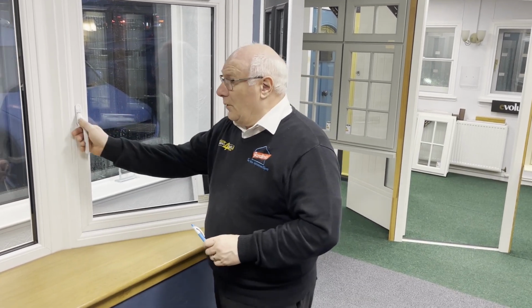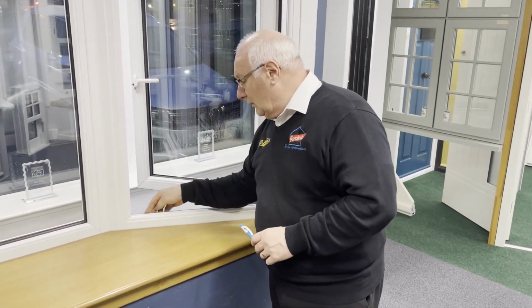We all know how expensive fuel has become, but not many of us realise how we can save energy, particularly if you've not checked around your doors and windows to see whether or not the weather seal or the draft seal gaskets are actually intact, or if the hinges on the windows are functioning correctly. So the best way to do this is to open your window, have a look round at the gaskets to see if there are any gaps, see if the gaskets are perished